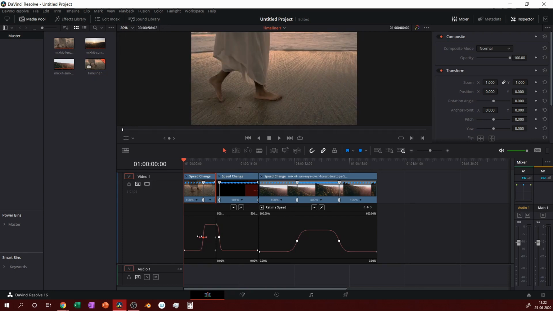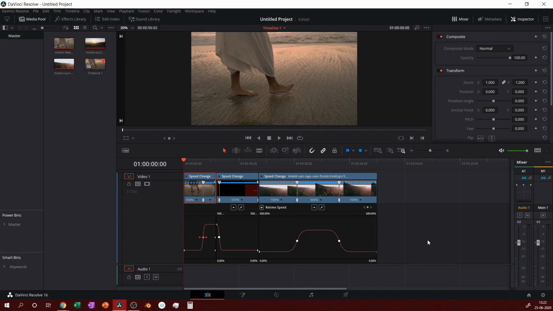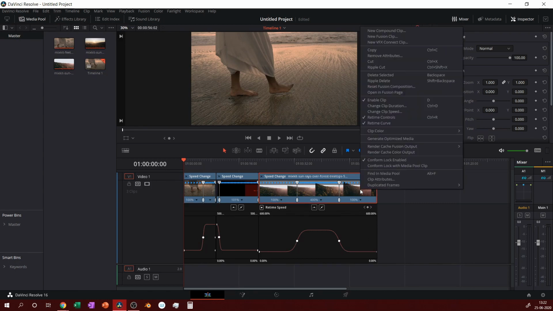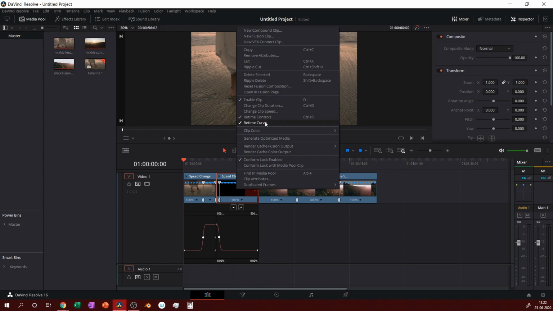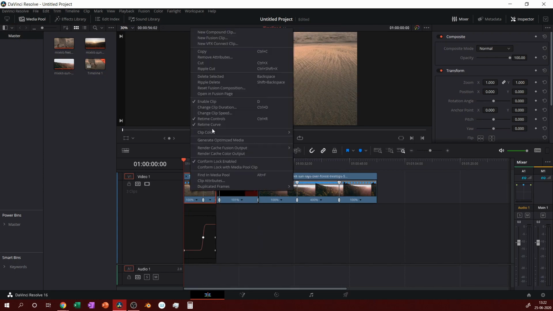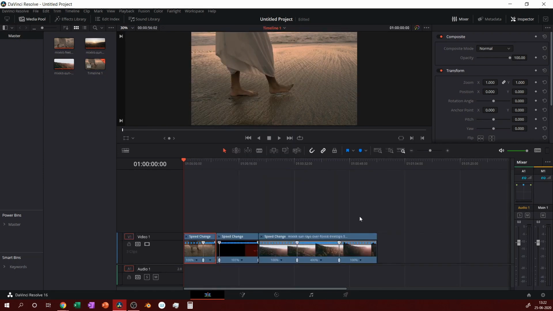Alright, looks fine. So now I will disable retime curve for everything. Disable in this clip as well. Right click and then retime curve. Right, done. Now let's play this clip and see what it looks like.